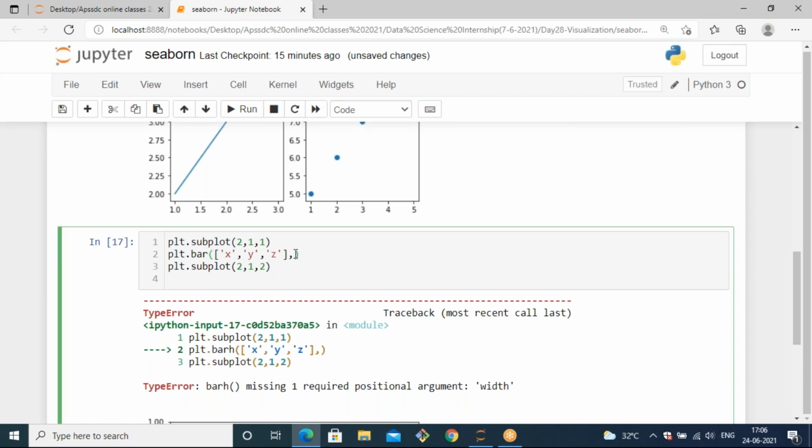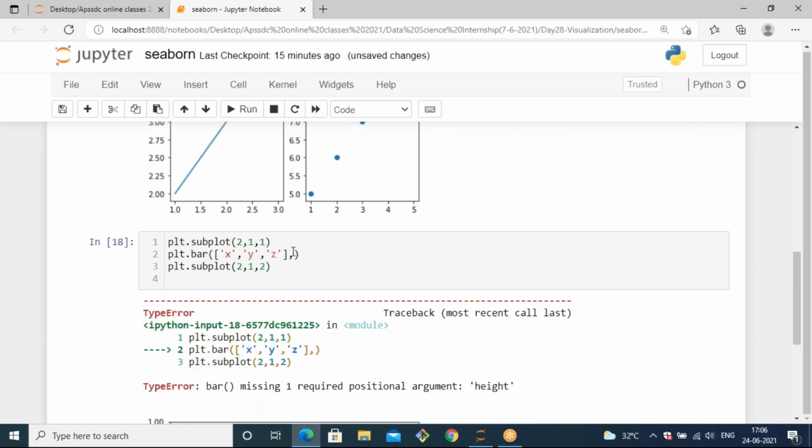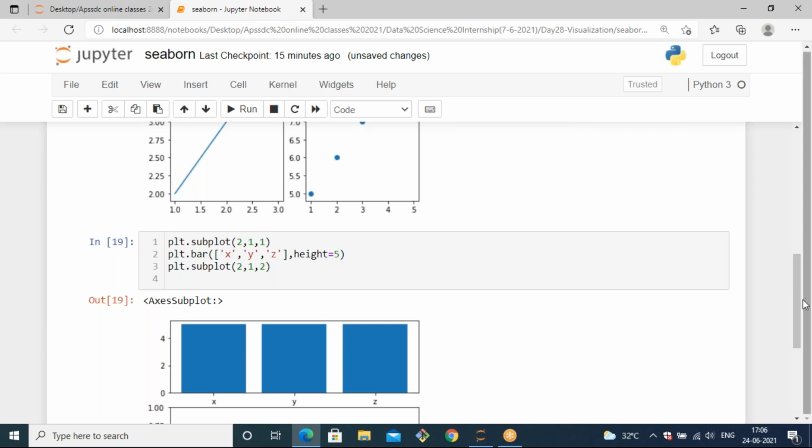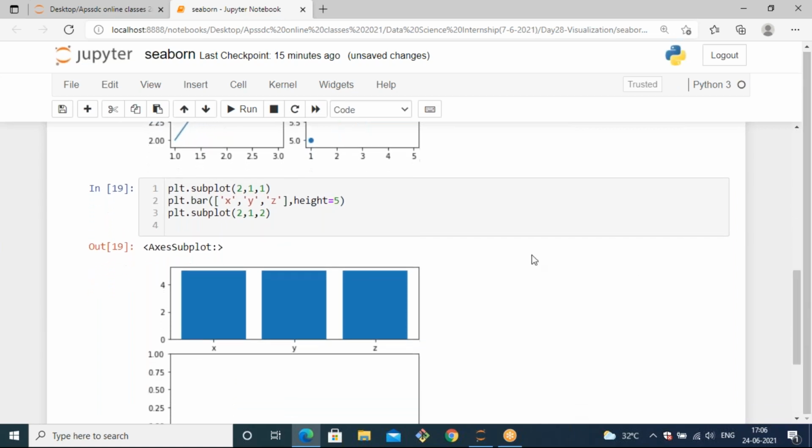For this also we need to specify the height. I take height equals to a list. So based on the length of height, it will generate a bar plot in the first position.